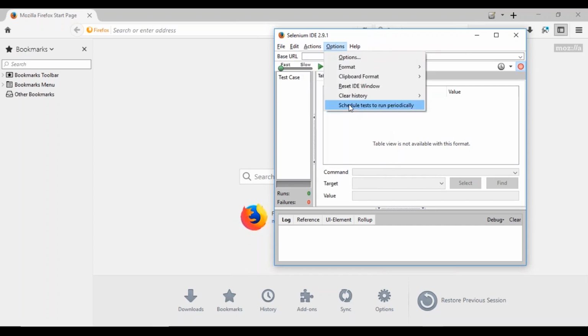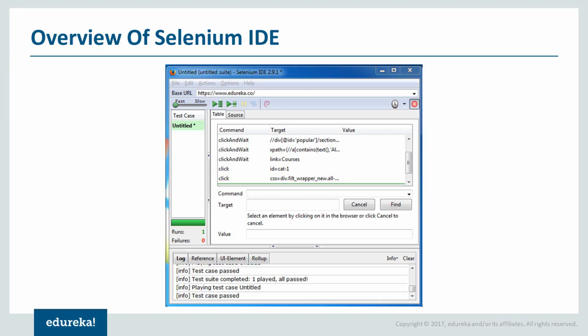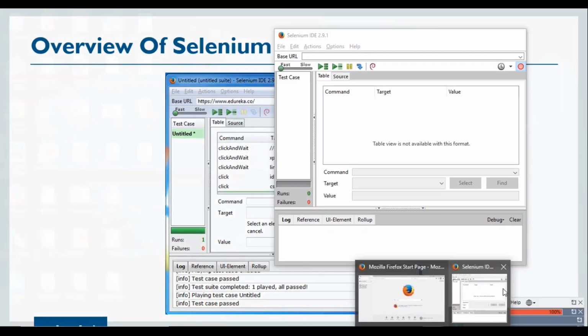So apart from that, see, you have multiple options, but there's one disadvantage of your IDE. It was a major disadvantage of your IDE. I'll tell you what the major disadvantage is. Before that, we'll understand how to work with your IDE, right? So now what we are going to do is capture one of your test cases. Then we are going to see how to run it, how your commands get generated, how we pause it, and how to rerun it, right? Once that is done, we are going to see why we came out with something new.